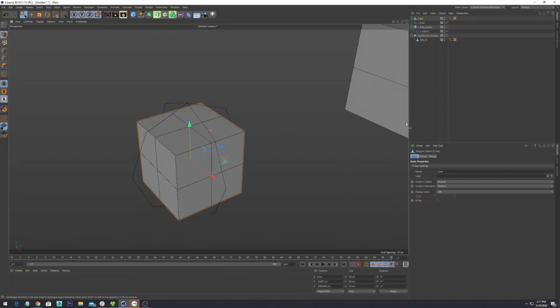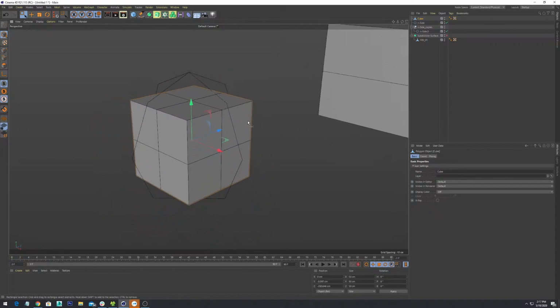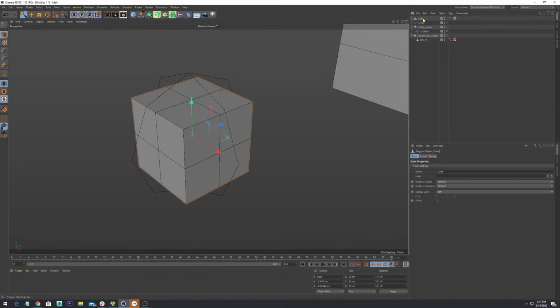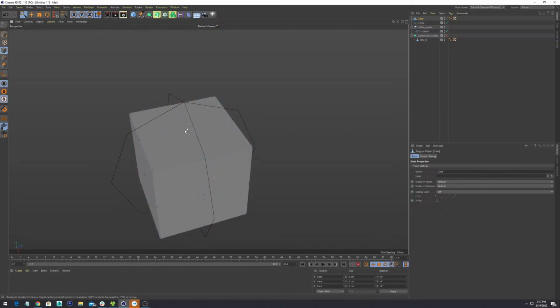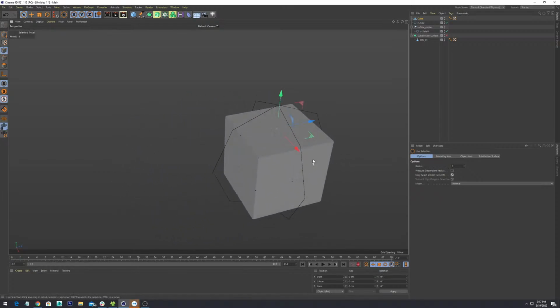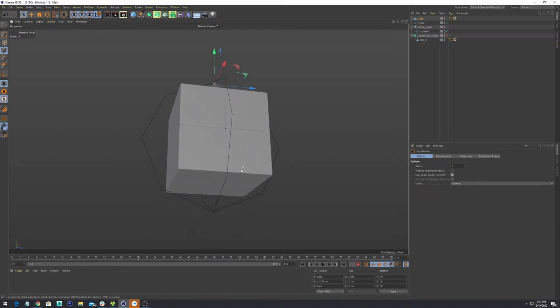Oh, okay, so that's the feedback. The point triangle thing means it's now an editable object. It's no longer a standard primitive. Okay, now that we're here,